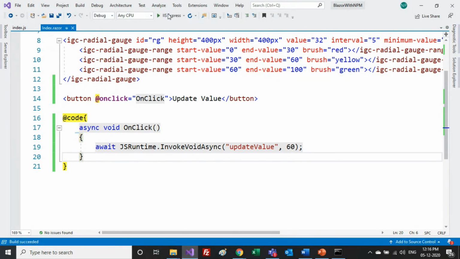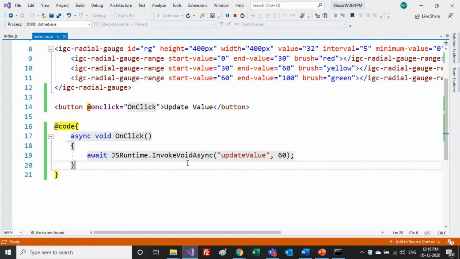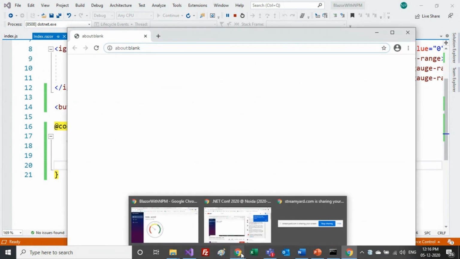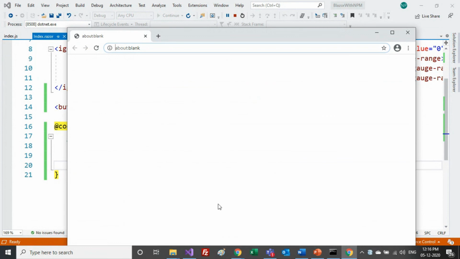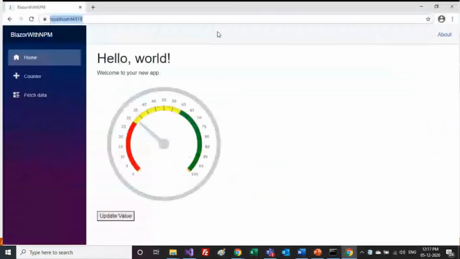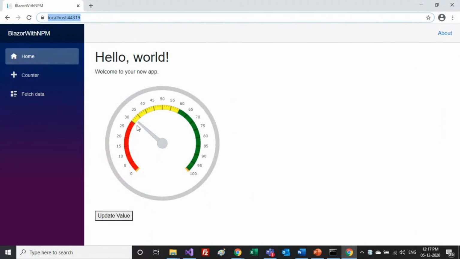Yes, build succeeded. If you want to try this out, let me run this application, and either you can just open it or you can go back to the previous one and use that. Meanwhile, it's loading. Yes, here it is. So we have this beautiful gauge which is already there with the default value 32, and we had tried some code so that this button click event can change its value. Let me just do that. 1 2 3, and click. You can see here, on just a button click it changes its gauge value.